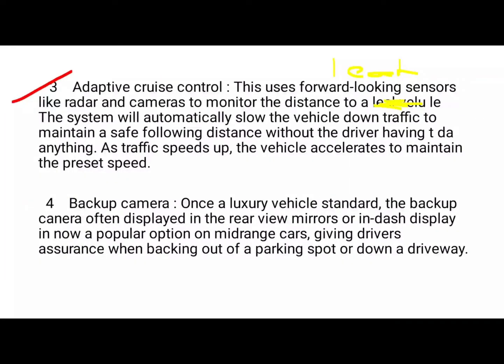Now we will see the definition again. This uses forward looking sensors like radars and cameras to monitor the distance of the lead vehicle. The system will automatically slow the vehicle down in traffic to maintain a safe following distance without the driver having to do anything. As traffic speeds up, the vehicle accelerates to maintain the preset speed.